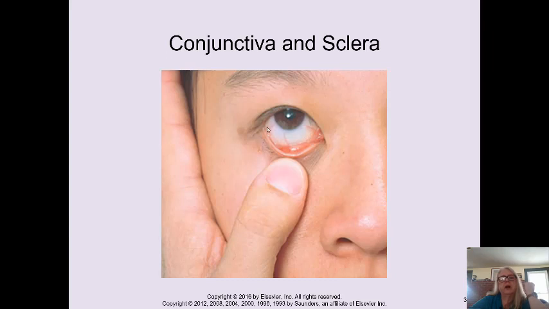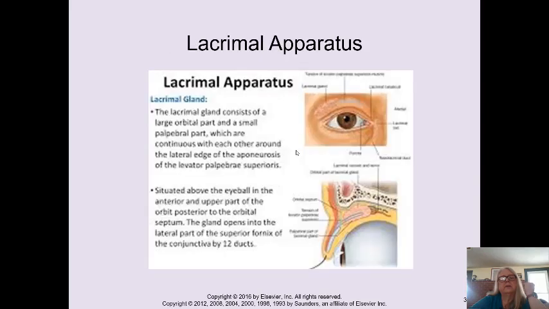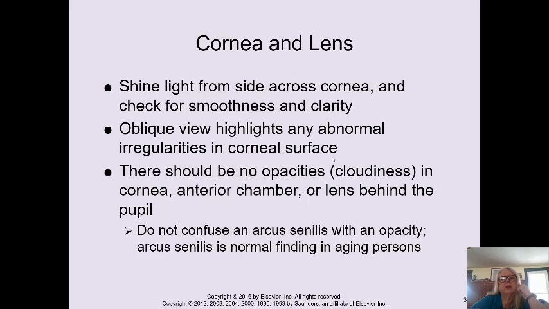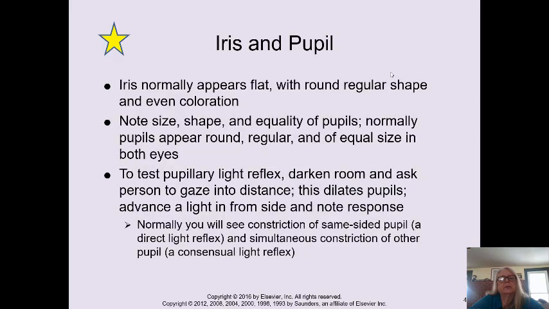The whites of the eyes, the conjunctiva, lacrimal apparatus, which is the tear ducts again, the cornea and lenses. This is how you can tell if there's clarity or smoothness. You look sideways across the cornea and you're seeing if there is any cloudiness or lesions on the eye. It's really hard to tell, especially for a novice, and you are just practicing looking at